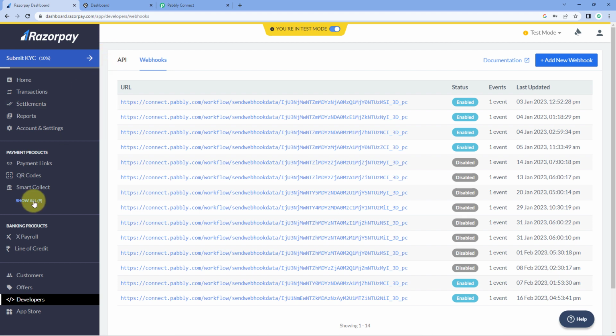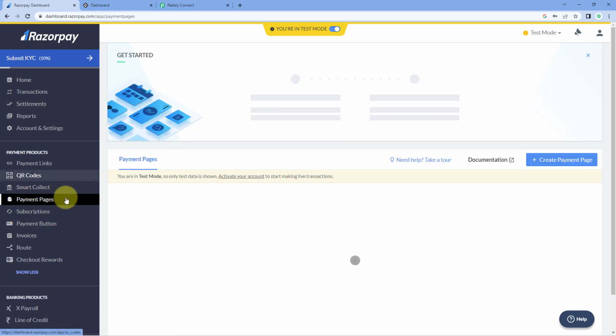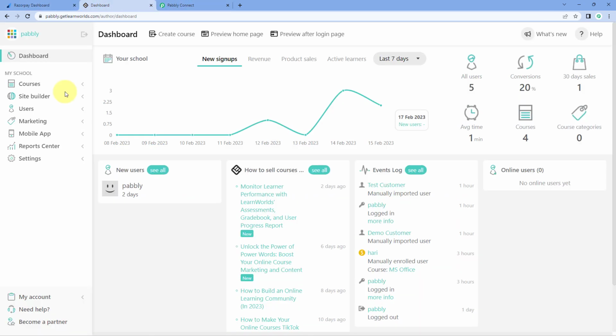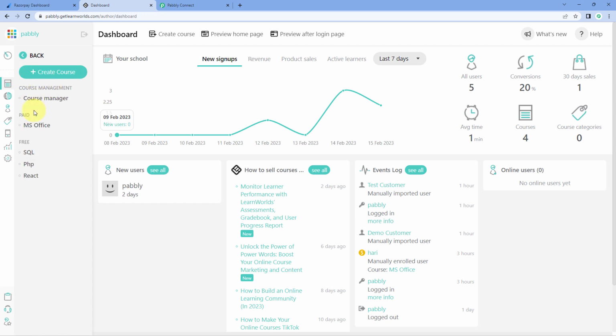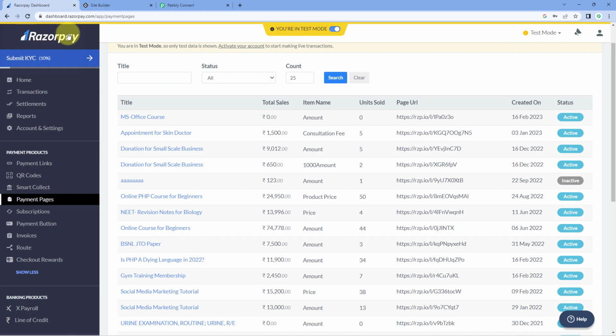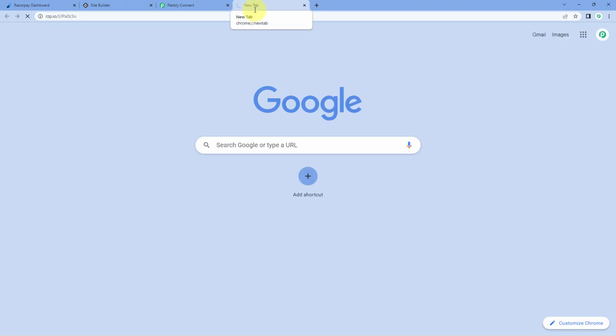have created in Razorpay. Just go to the payment pages section, and here is a payment page which I have created for one of my courses in LearnWorlds. So let's go to my LearnWorlds account, and here you can see that I have a course on MS Office which is a paid course. And for this same course, guys, I have created a payment page in Razorpay. So we will just copy the link of this payment page from here and in a new tab, we'll paste